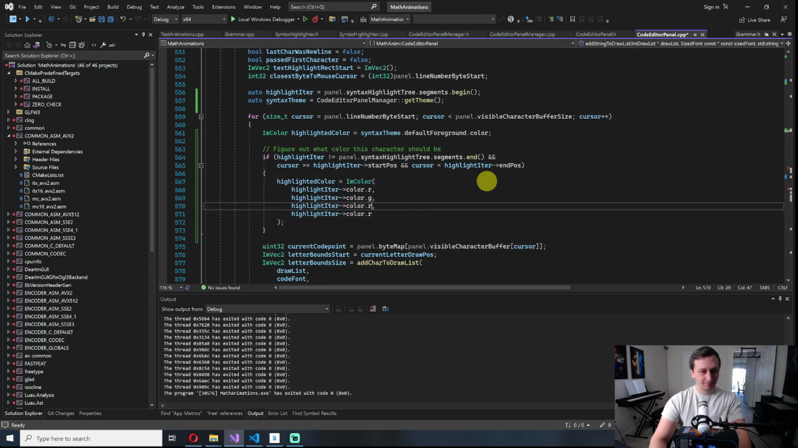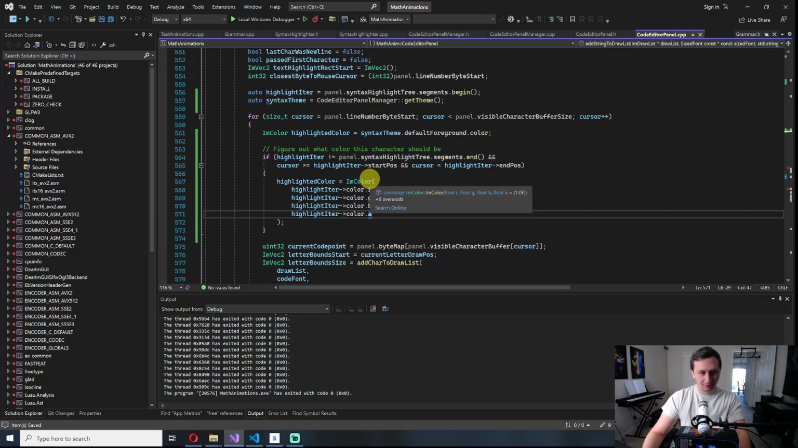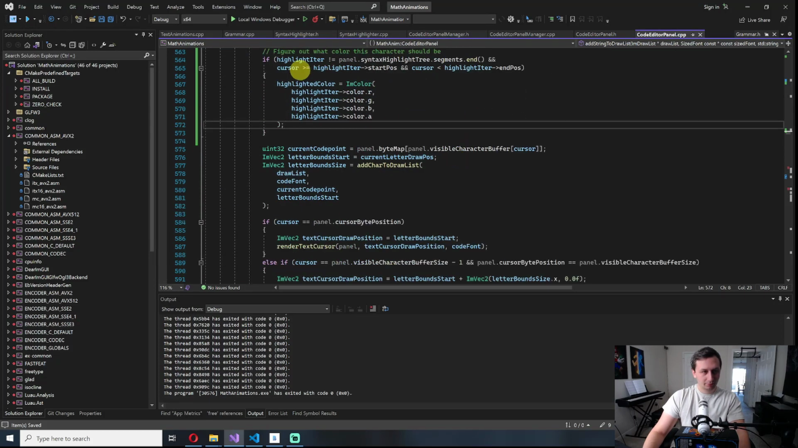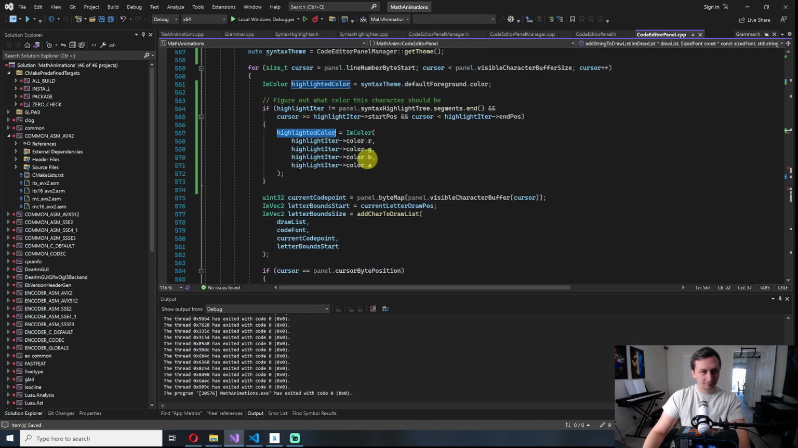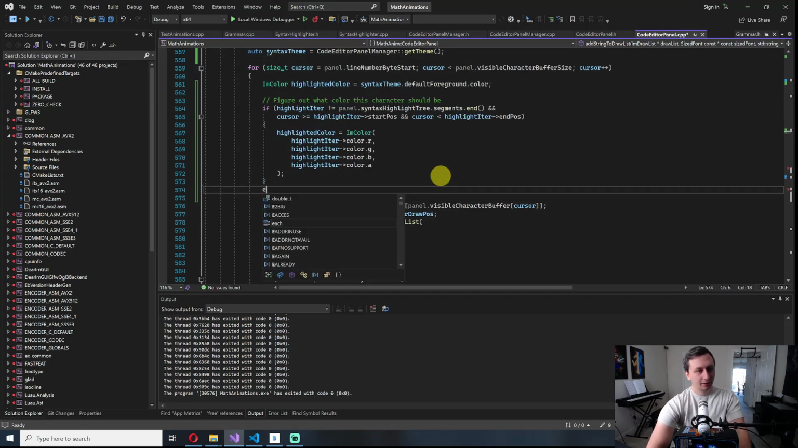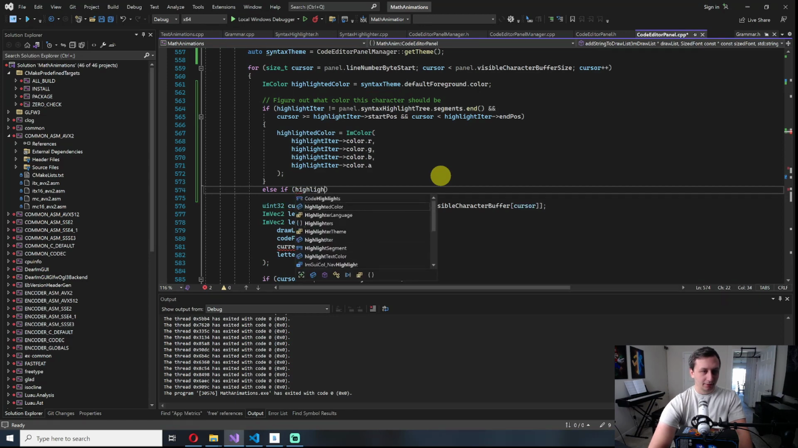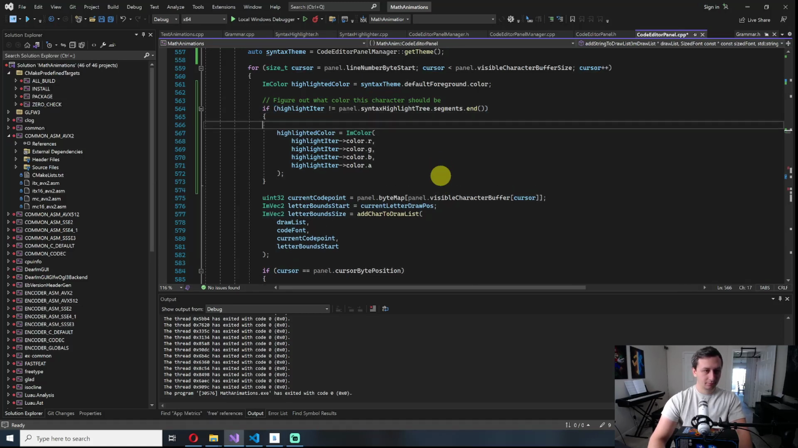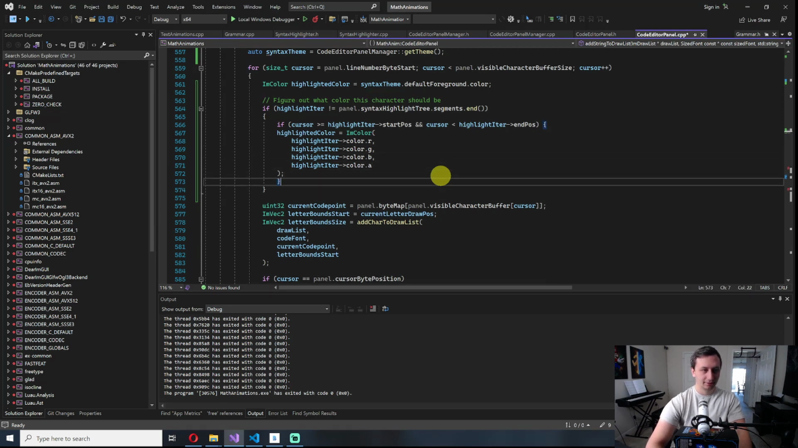Okay, so G, B, and A, and I believe this takes in values from 0 to 255. No, okay, so it does work with that, and these are all floats. Cool. So we do that, and then we just want to use it. Yeah, otherwise, well, actually, first we'll check. Else if highlight iter, well, what we can do is we'll do that, if that. So if we're not at the end and we have this,